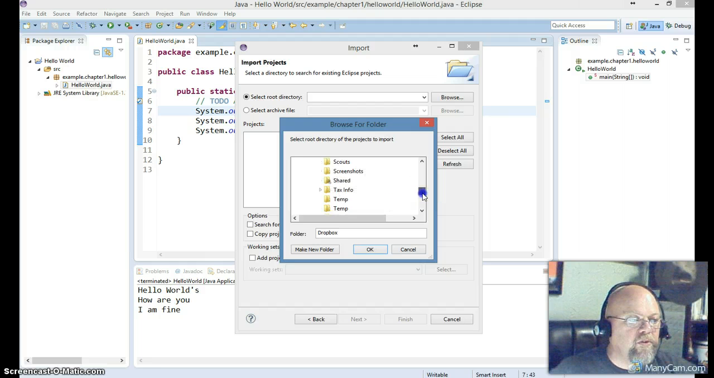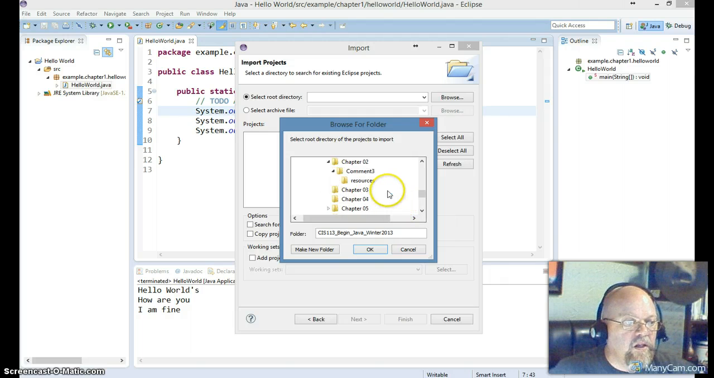I moved them to my SkyDrive, mid-state, and source files, and chapter 2, and